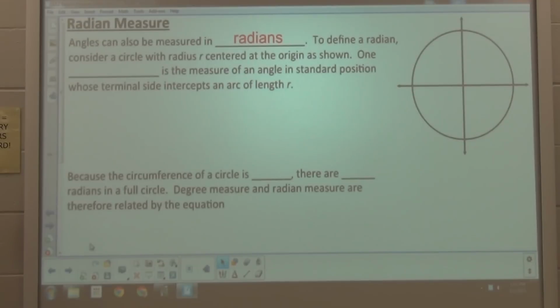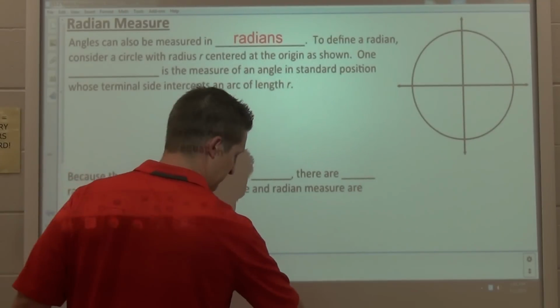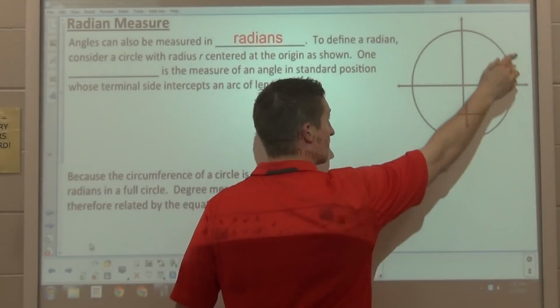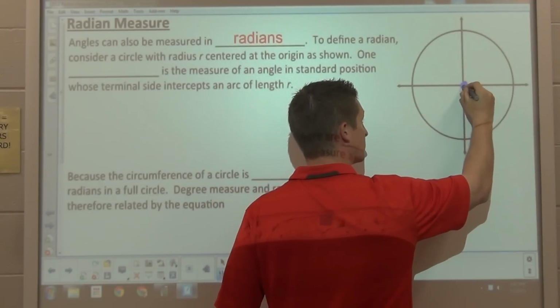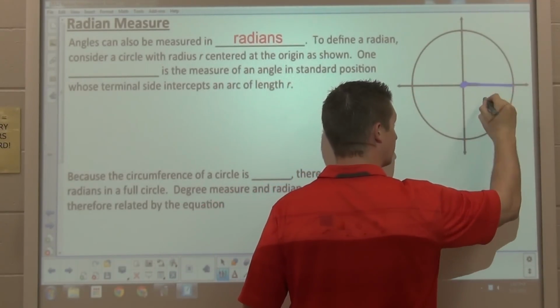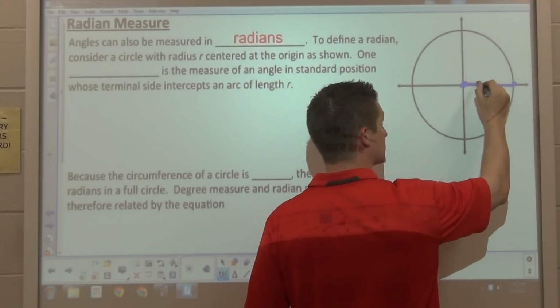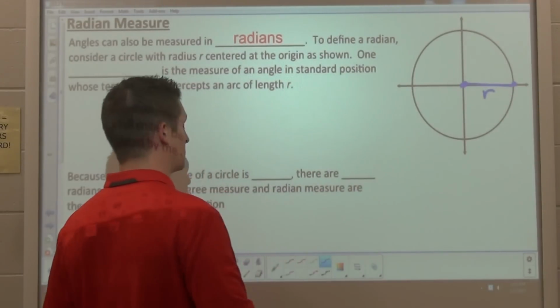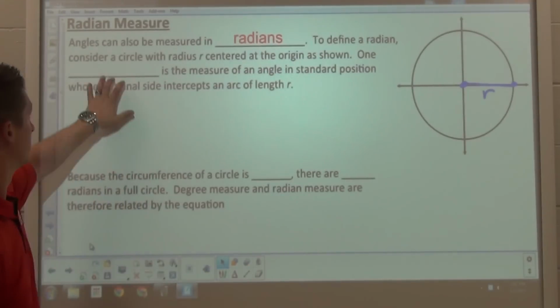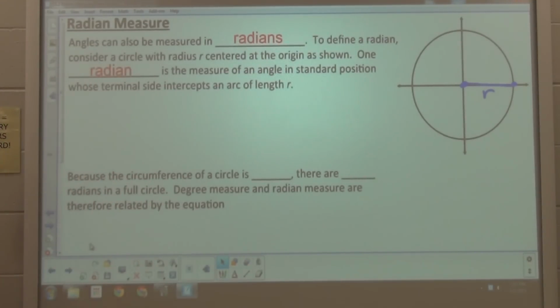To define a radian, we're going to consider a circle with radius r centered at the origin as shown. I'm going to draw some things in here as we talk about it. So, here I have a circle, and I'm going to say that it has a radius of r units. So from the center, which is at the origin, out to the edge of the circle. Now, 1 radian is the measure of an angle in standard position whose terminal side intercepts an arc of length